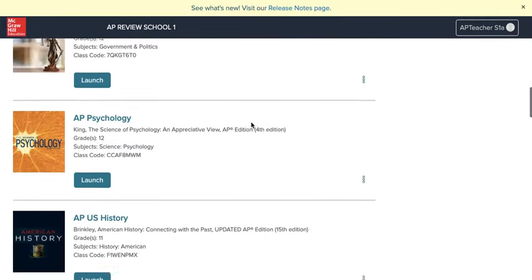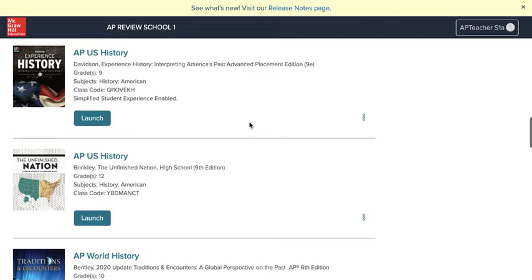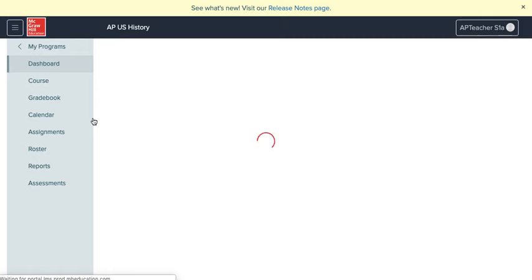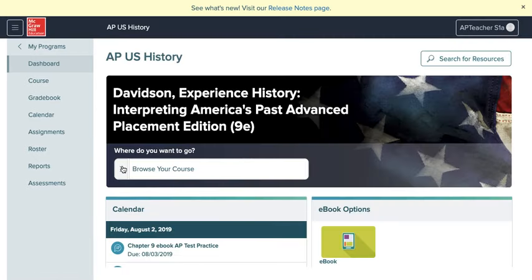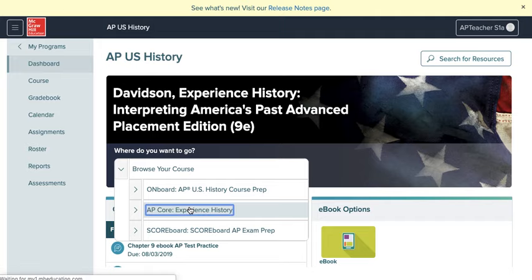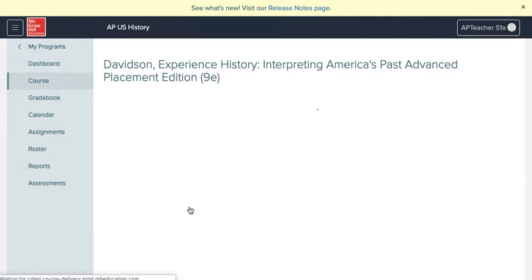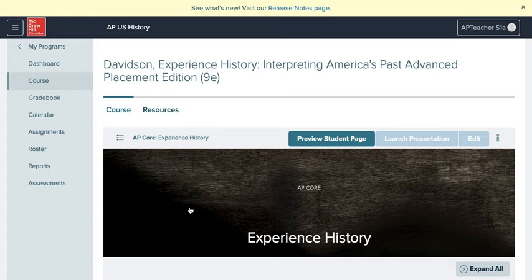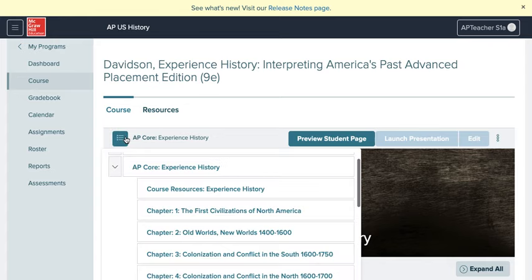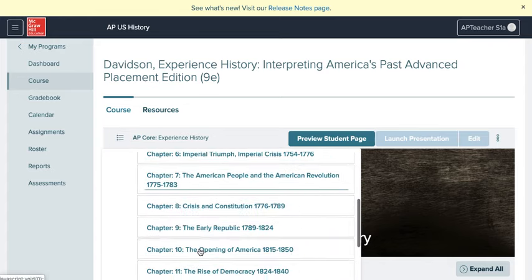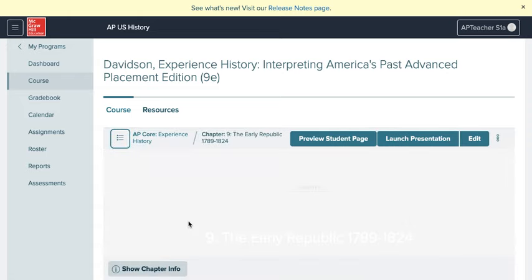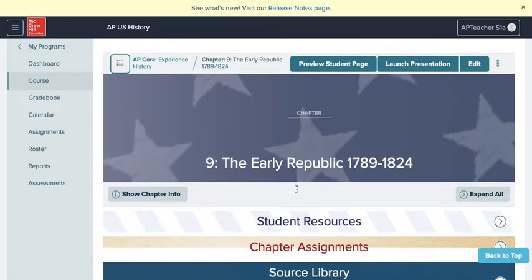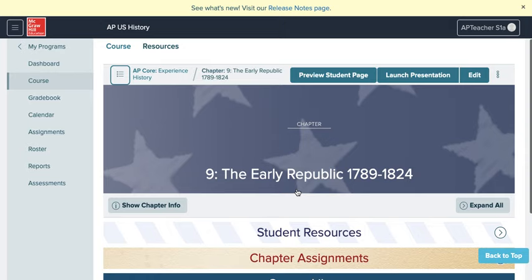So we're going to talk about how do I assign AP reading, and know what the kids are doing, what they're getting, and what they're not getting. Okay. So I'm in chapter 9. I just want to show you what the Smart Book looks like and feels like. I just want you to see what it looks like and feels like. This is from earlier. So this is yellow highlighting,